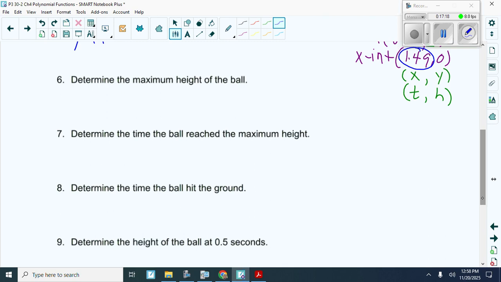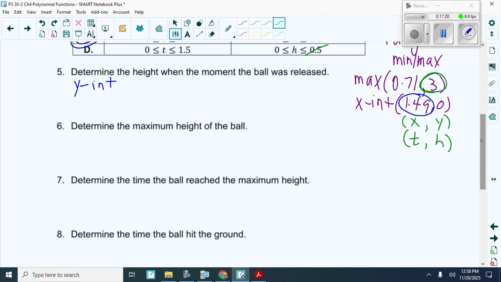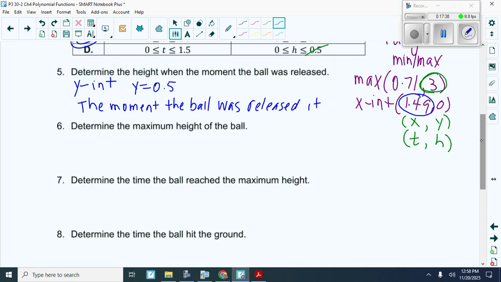Okay, y is equal to 0.5. So the moment the ball was released, it was 0.5 meters. So again, this is the height of the catapult. If they ask you to make sense of it,